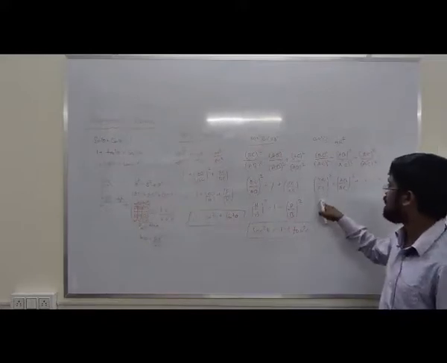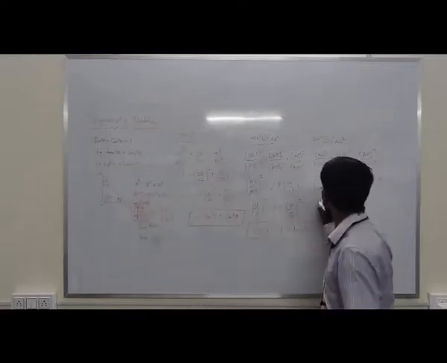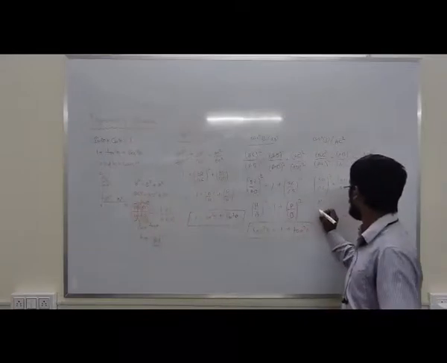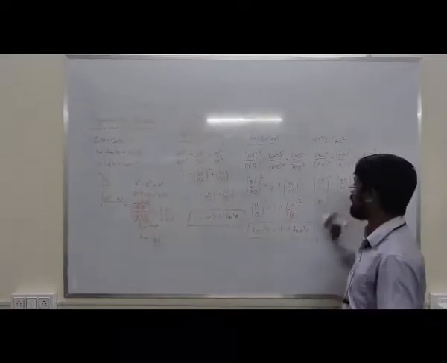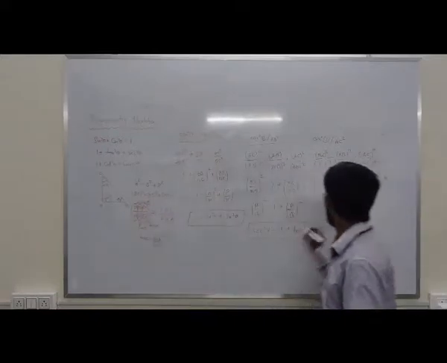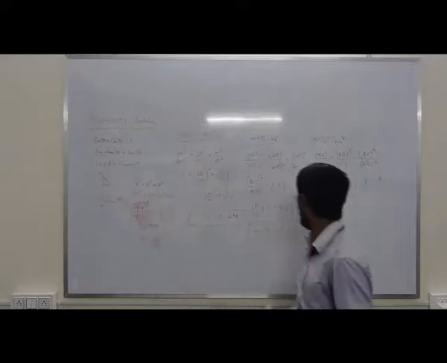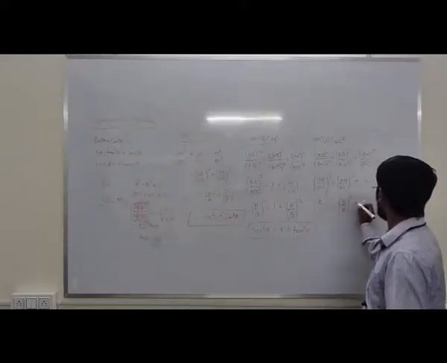Now what is BC? Look at the triangle, BC is again the hypotenuse. So hypotenuse divided by AC, and AC is nothing but perpendicular. So it becomes H by P whole square equals AB, which is base, by AC, which is perpendicular, so base by perpendicular whole square, plus 1.